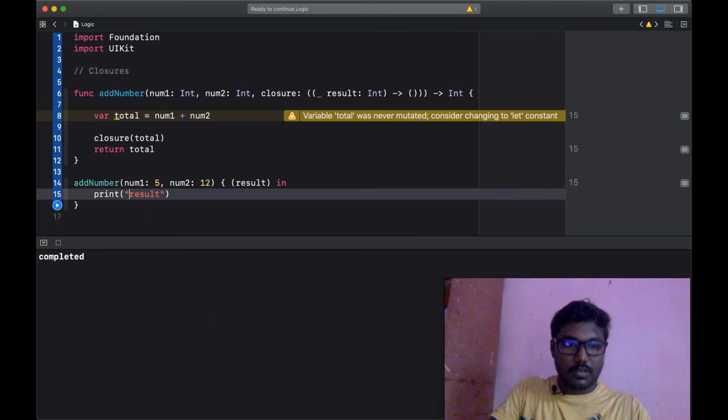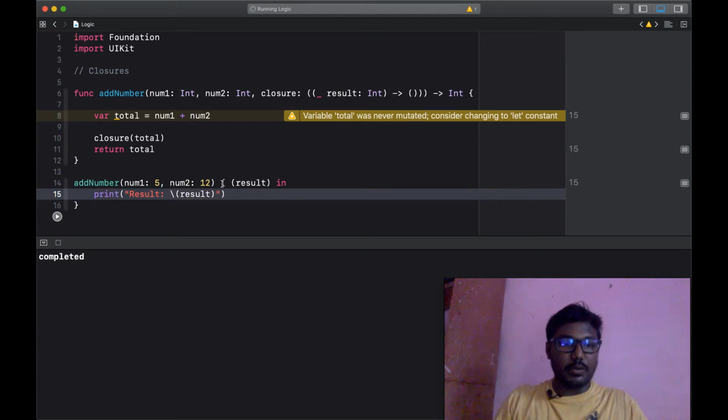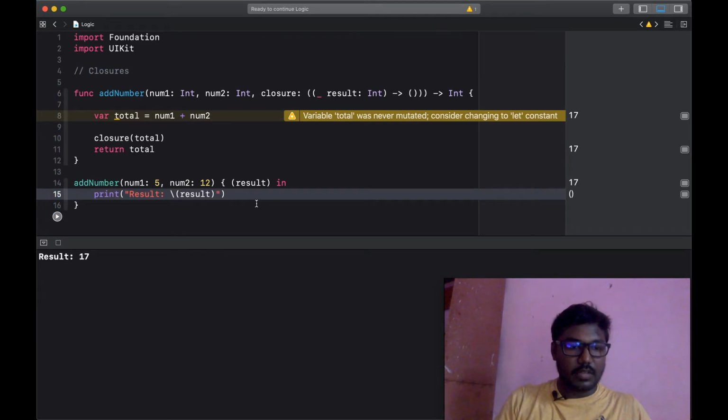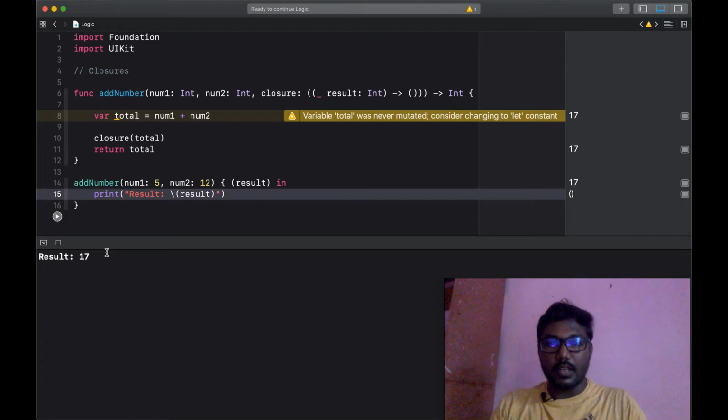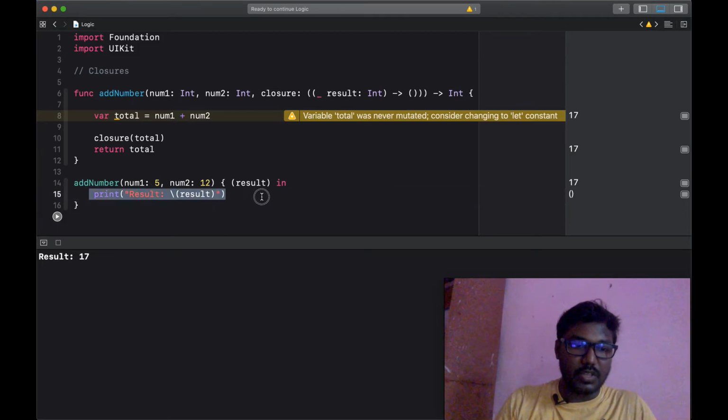Now we can see the value: the result is 17. Likewise, we can pass some values, do some calculation, and get the result back from the closure function.